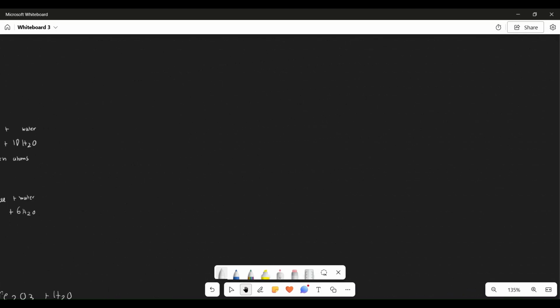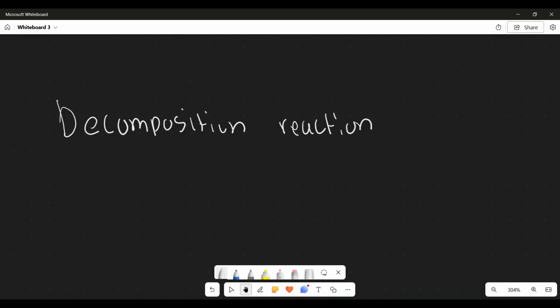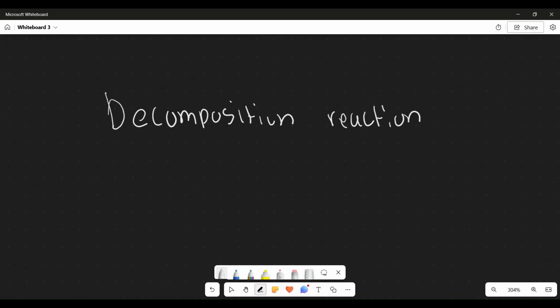So first thing we're going to do is a decomposition reaction. The structure for this is XY equals X plus Y. It's basically when a single reactant decomposes into several products. I'll write that down. A single reactant